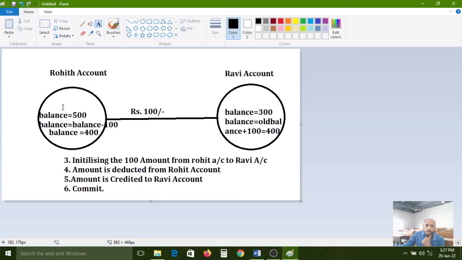So carefully observe. If Rohit wants to transfer 100 rupees to Ravi's account, when he enters the 100 rupees, before entering the password, the transaction will be stored in RAM memory, not in the hard disk or the phone's permanent memory. Got it? When you enter the password to confirm the transaction successfully, then the transaction will be saved into the permanent state. So that is the meaning of that.